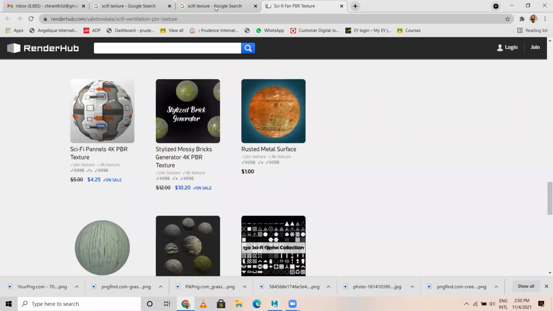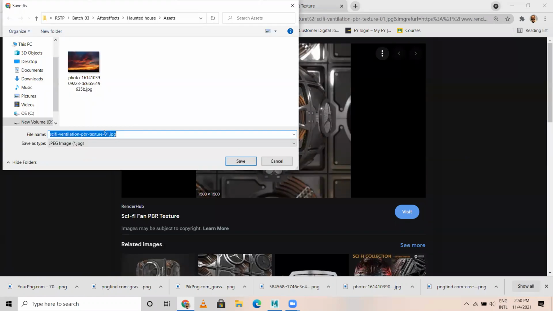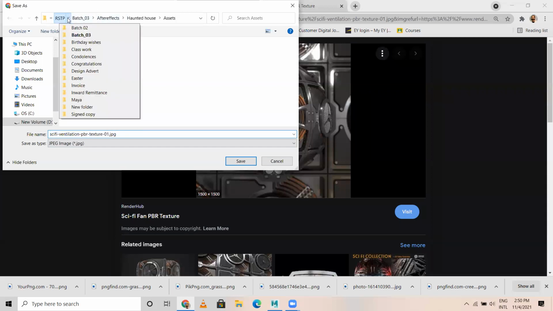Okay, I don't see the texture is available, this particular texture. If I save image, yeah, I can save this as JPEG. That's okay.